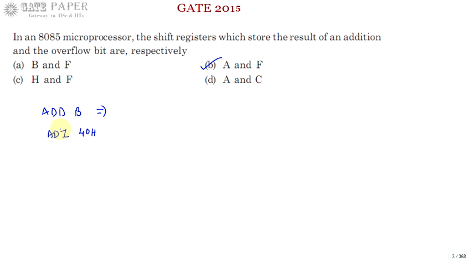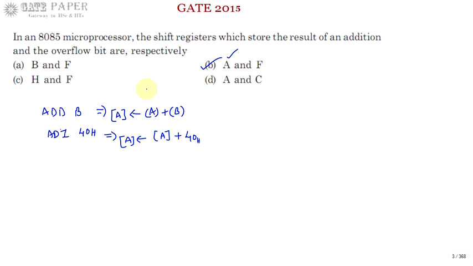Here the operation has only one operand, the other operand is implicitly the accumulator. For addition and subtraction, the 8085 microprocessor assumes the accumulator is one of the operands implicitly, so it is not specified in the instruction. So the contents of the accumulator are added with the contents of the B register, and the result is stored in the accumulator itself. And here the contents of the accumulator are added with data 40H, and stored back into the accumulator. So the result of addition is stored in A. So the answer can be B or D.